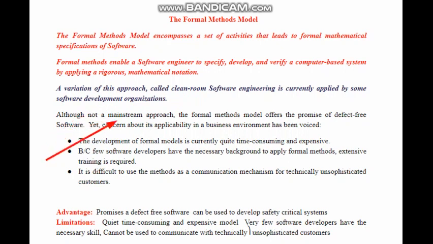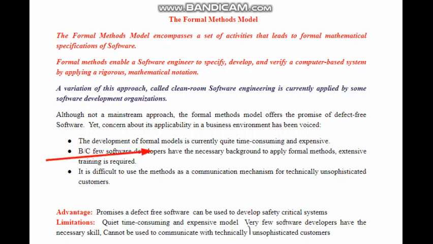Although not a mainstream approach, the formal methods model offers the promise of defect-free software, right? By using this type of method, where mathematical calculations are performed, there are fewer defects, and many defects are resolved using this formal model.